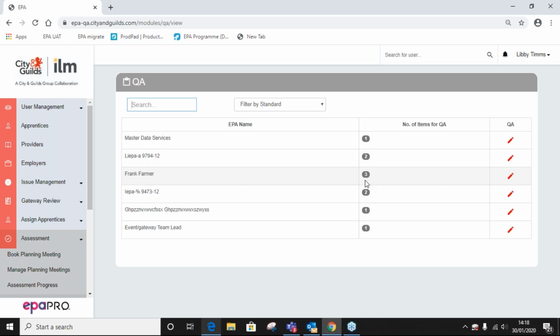Now, as I've already said, in terms of the tools on the platform to manage the work that you do as a LIEPA and to prioritise it, this is a very simple interface, and it doesn't really give you as much information as we'd like to help you do that. But if you just put that to one side for a moment, because I'll talk you through the tools that we're going to give you to help. I just wanted to show you what it currently looks like as a LIEPA when you log on and look at the quality assurance work that you have to do. So are there any questions at this point?